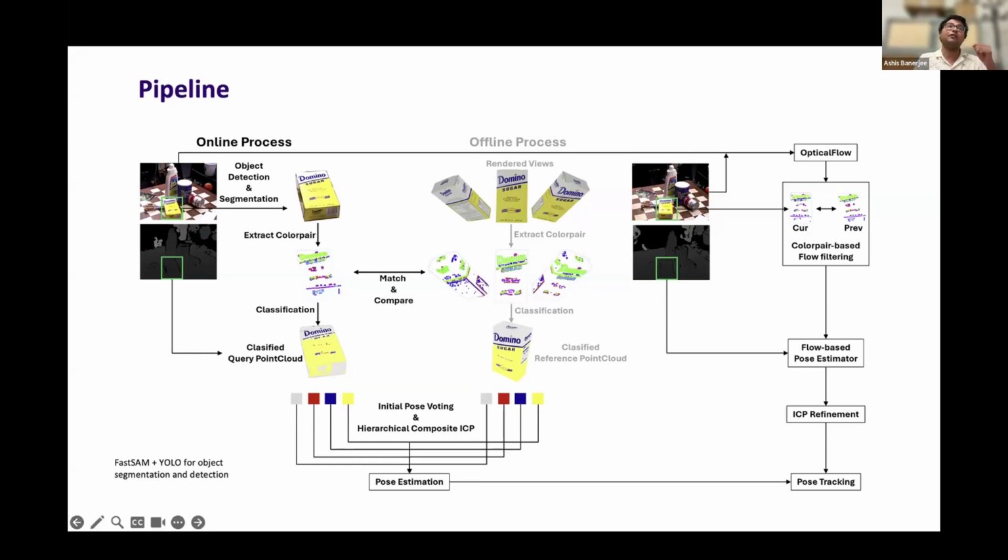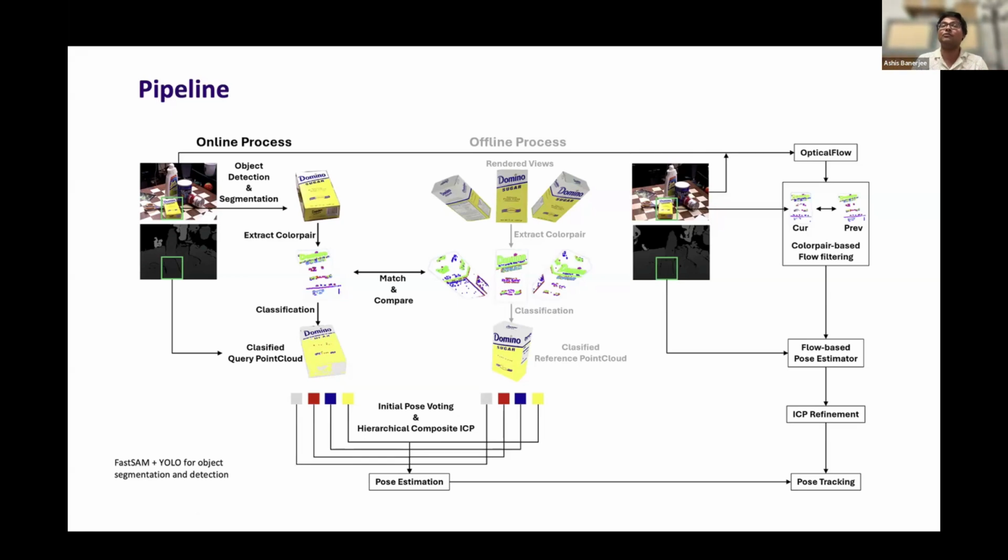So we do have to do object segmentation. We get the segmented map or mask of the object from the depth camera in real time. And then from there, we have a very similar color pair extraction scheme as we do for the offline rendered views. And then we do this kind of classical matching and comparison, but now at the color pair level, using again some specialized technique that I'm going to talk about a little bit more in detail, which generates some corresponding